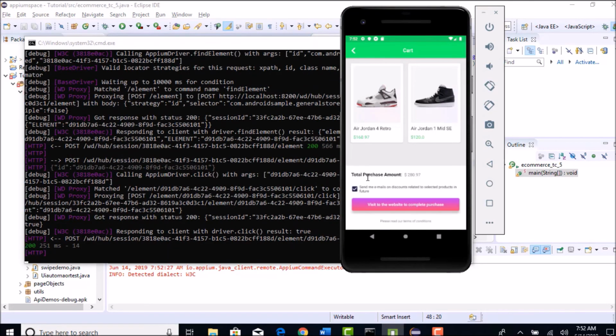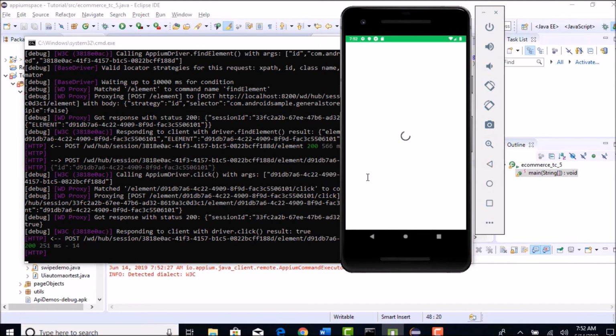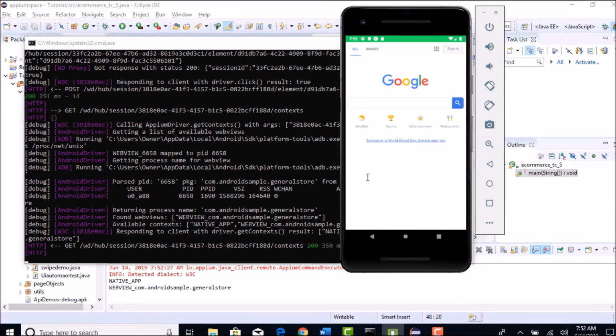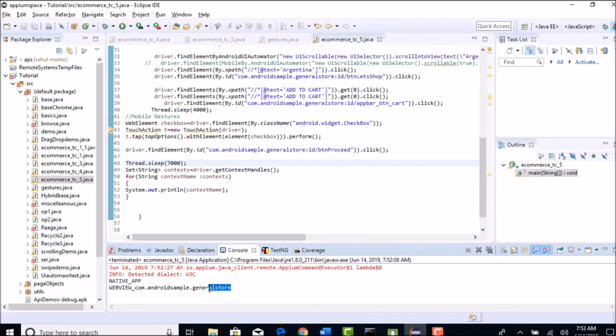So now after clicking on this button, it will wait for 7 seconds before it pulls up the context handles from the app. So the browser is now fully loaded, and now you see that you got two contexts here, native app and web view. Okay, these are the two different contexts you actually got on your mobile app, which confirms that it is a hybrid app.